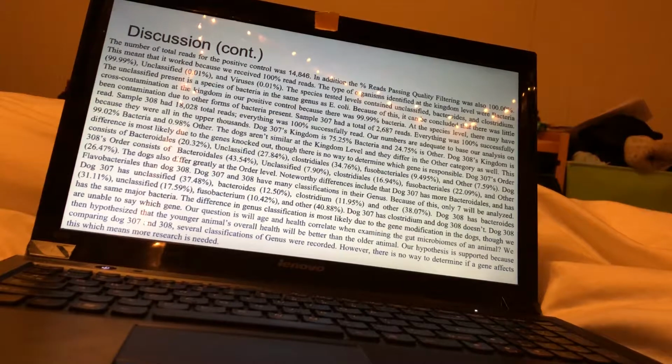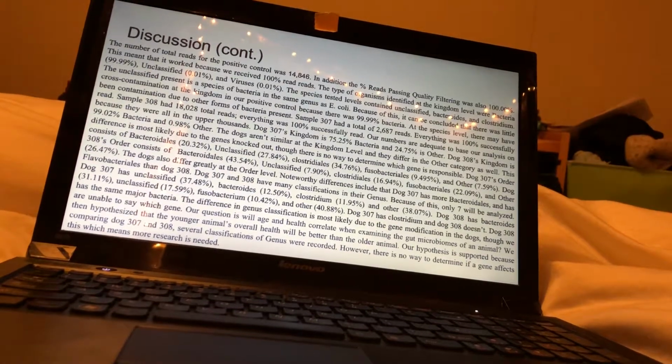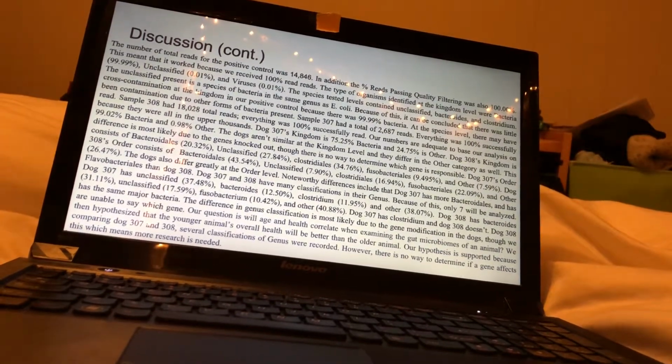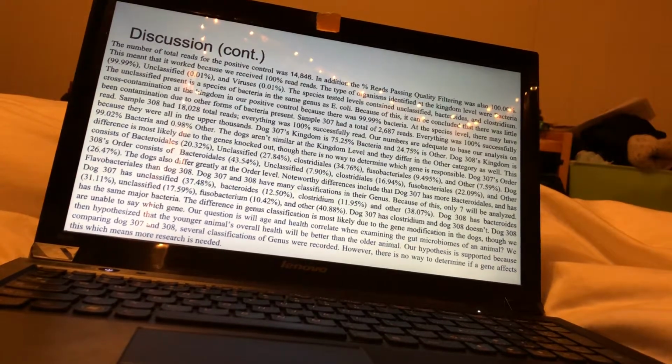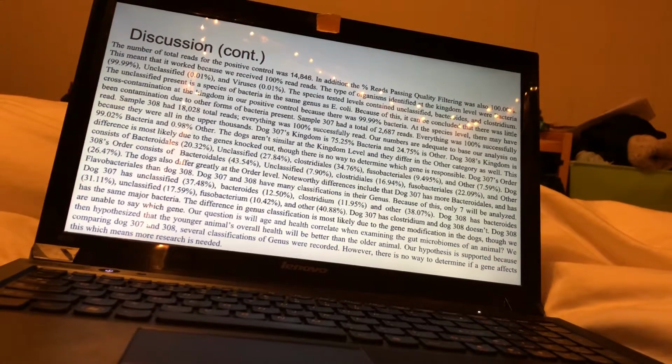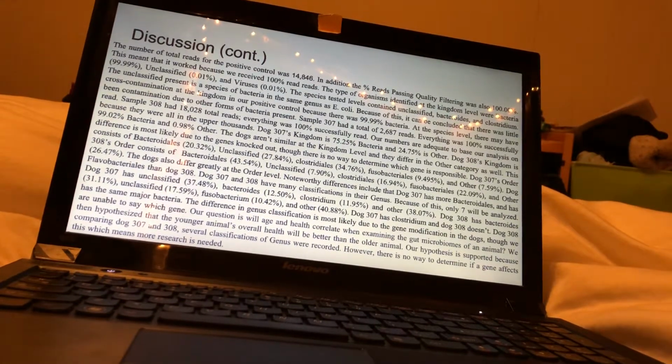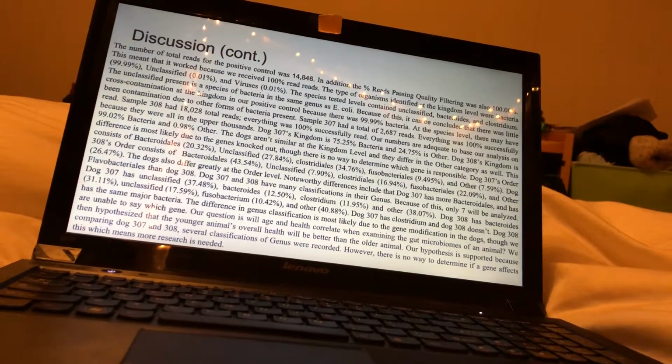Dog 307's order consists of bacteroidales, unclassified, clostridials, fusobacterials, and other, and Dog 308's order consists of bacteroidales, unclassified, clostridials, fusobacterials, and other. The dogs also differ greatly at the order level. Noteworthy differences include that Dog 307 had far more bacteroidales and has